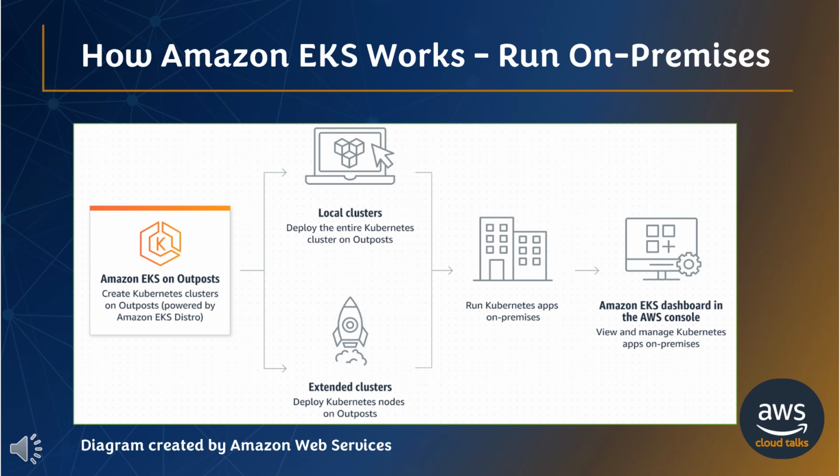The diagram is created by Amazon Web Services. It shows the key features of Amazon EKS and integrations with on-premises applications and services. We recommend you read the diagram and get a better understanding of how Amazon EKS works in the on-premises data